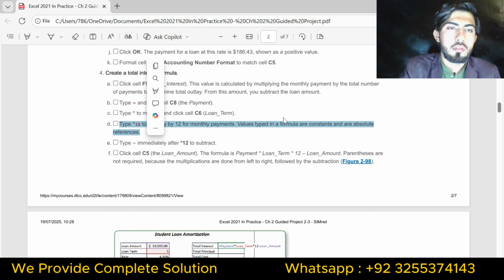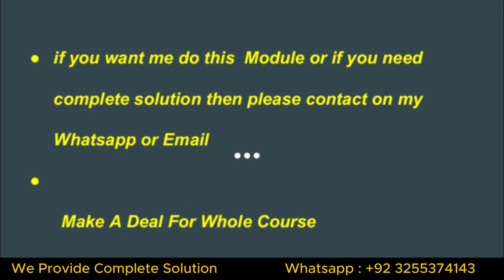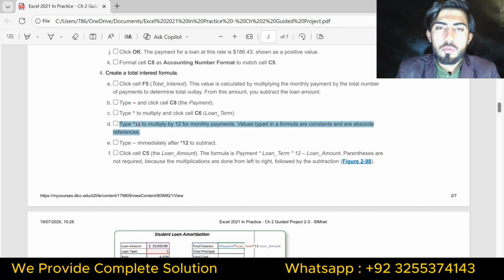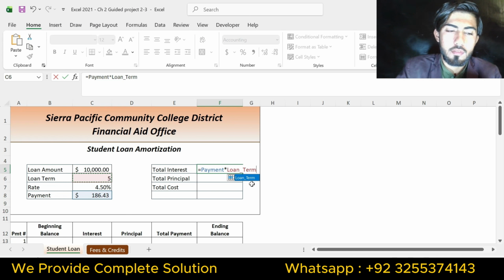Okay, part D is type multiply to multiply by 12 for monthly payments. Value types in a formula constant and absolute reference. So I will just multiply 12 with loan term.